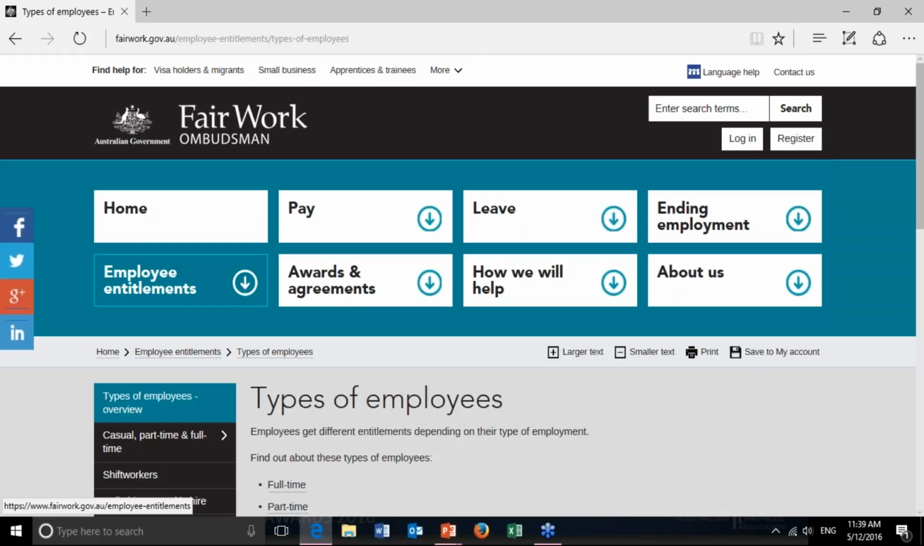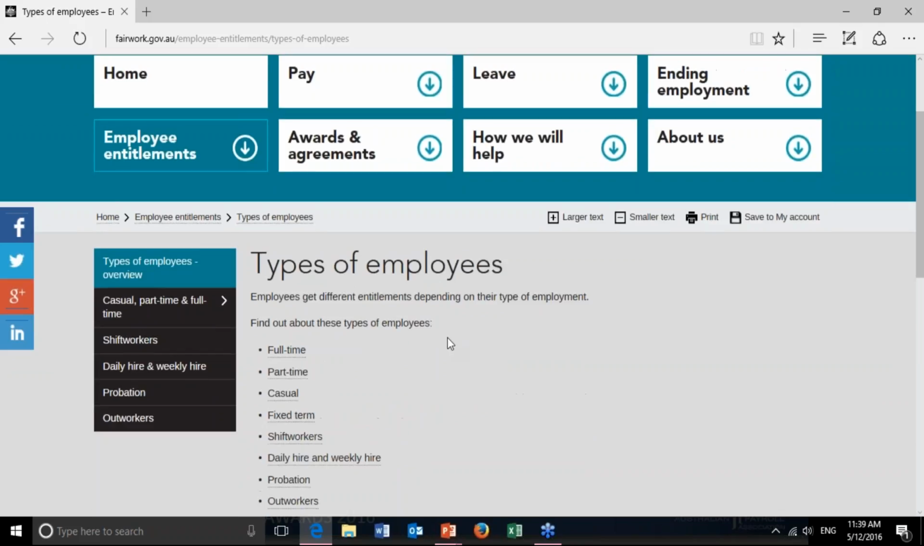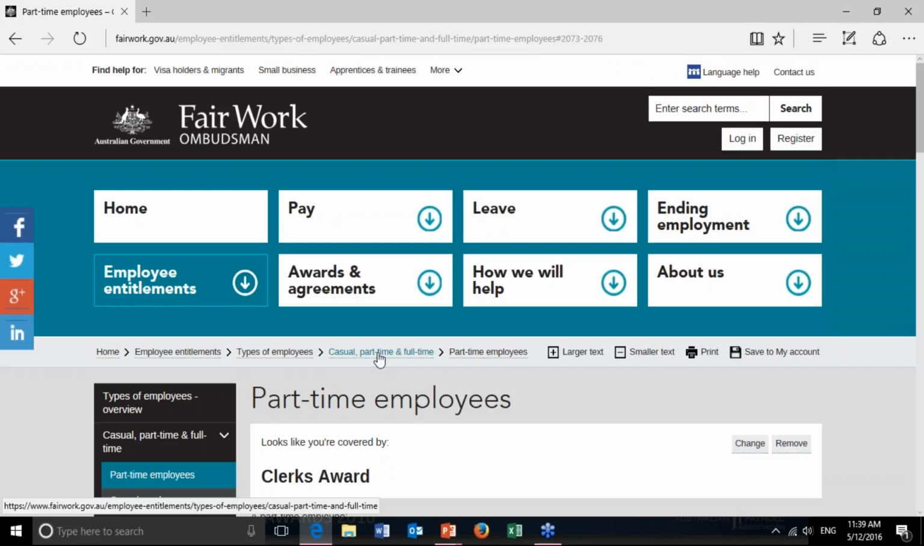A lot of this information is here on the Fair Work website. We'll go to part-time. We'll have a look at part-time employees. And as I said, the only bad thing about this is that it does cover only the most common industries. However, what you will find, if your award isn't there, where we're just about to look, and it's not one